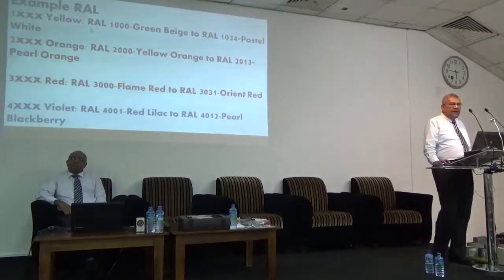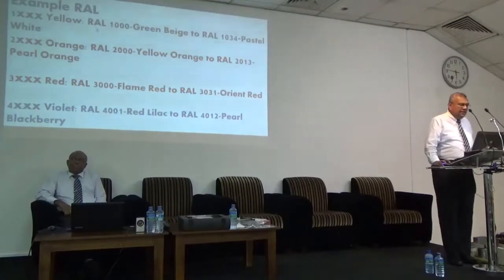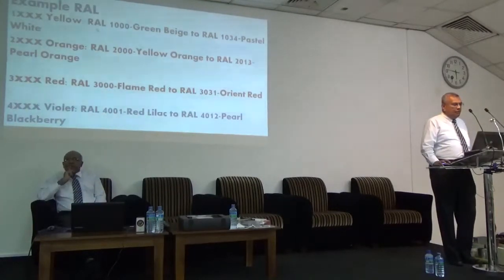So if you take RAL as a range, RAL goes from 1000 to 9000. The 1000 range is beige, pastel white, yellow, orange. You go to the internet, you can find it. RAL 2000 is yellow orange or orange. RAL 3000 is red. Now, especially in petroleum, when you are doing your fire water line, you say the fire water line should be RAL 3000. That's a flame red.